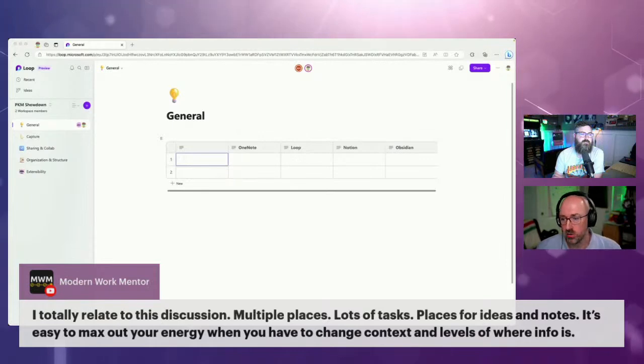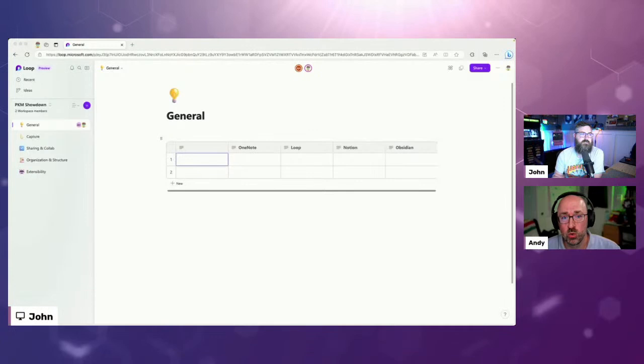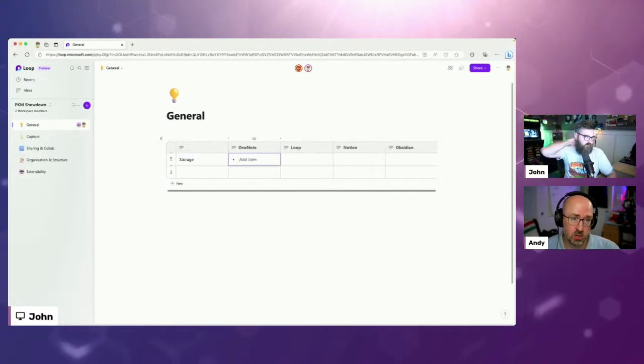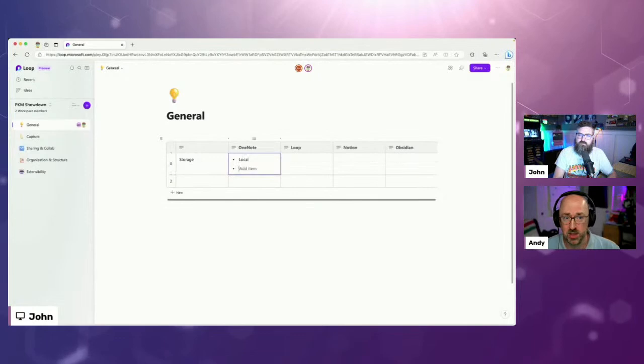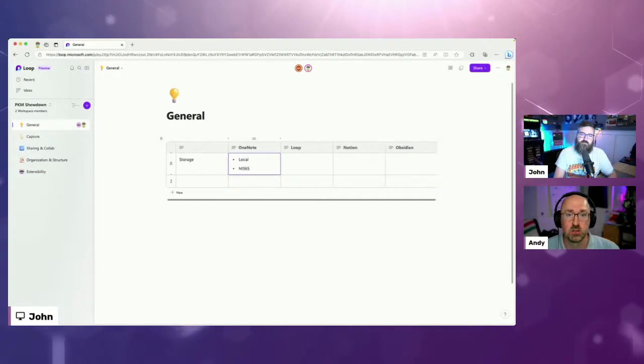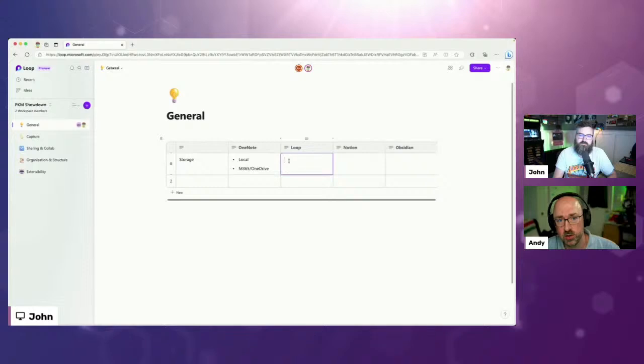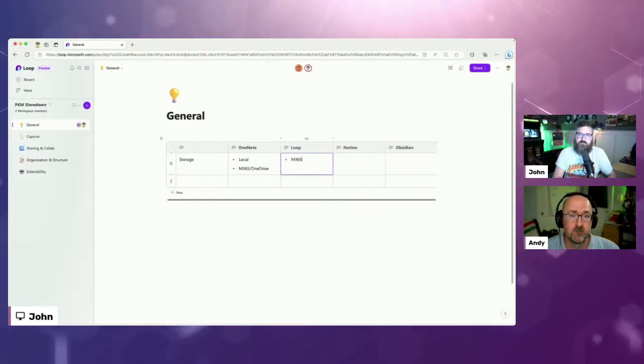So starting off general, let's talk about storage for these applications. As far as storage is concerned, with OneNote, you've got your option. It can be local or it can be cloud. I think increasingly Microsoft is pushing us to cloud storage with OneNote, but you still have the option to create a notebook local, save it local if you need. With Loop, it's all cloud, so you're going to need cloud and internet in order to work with it.